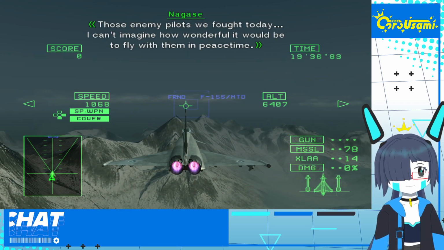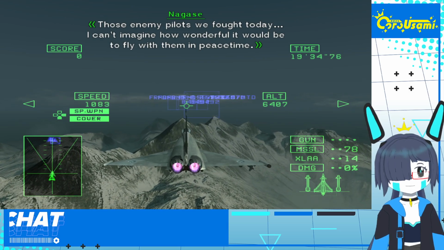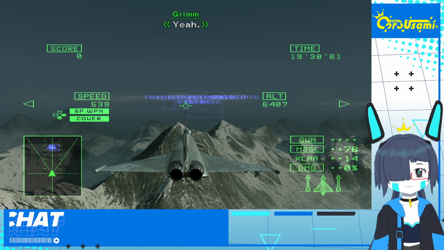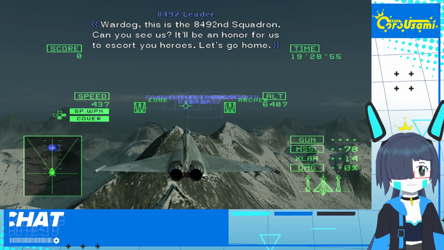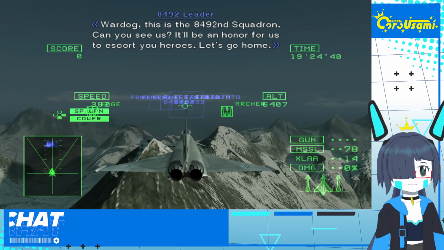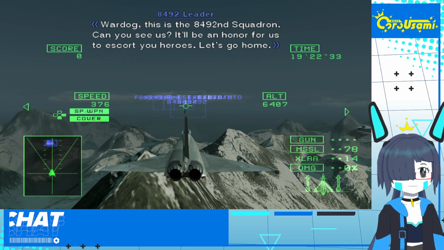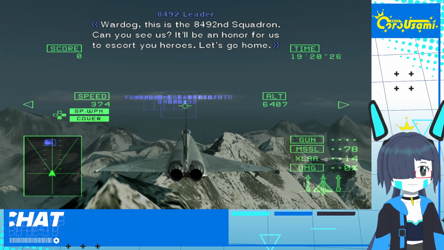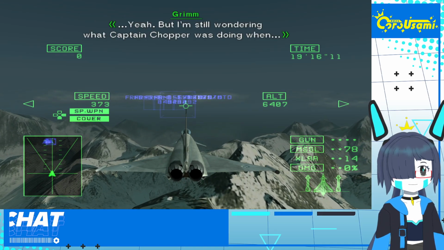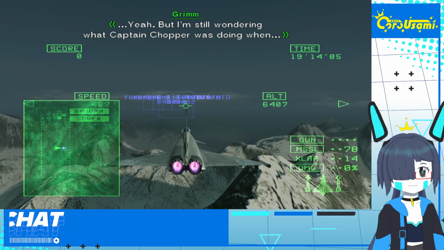Those enemy pilots we fought today. I can't imagine how wonderful it would be to fly with them in peacetime. Yeah. War Dog, this is the 8492nd Squadron. Can you see us? It'll be an honor for us to escort you heroes. Let's go home. Yeah. But I'm still wondering what Captain Chopper was doing when...